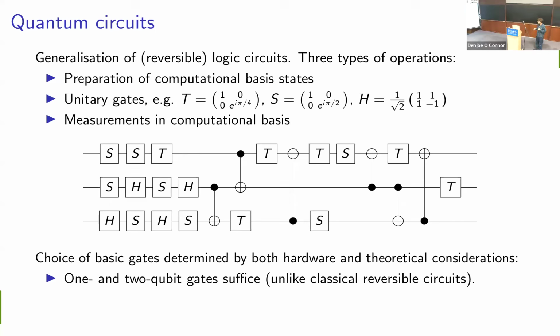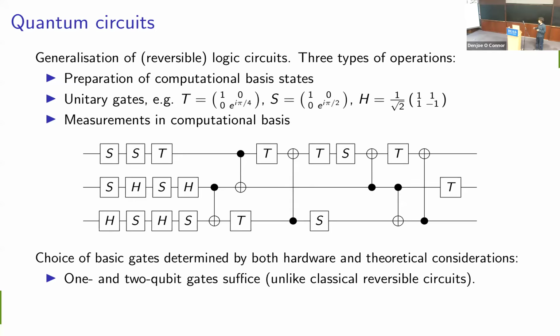Yes, so these controlled NOT gates are not symmetric in the 2 qubits that they act on. The idea is that where there's the full dot, that's the so-called control qubit. And the hollow dot is the target qubit. What it does is it flips the computational basis state of the target qubit if and only if the control qubit is in the state 1. So that's why it's called a controlled operation. It's controlled on the state of the first qubit, the control qubit, and then it applies this flip operation, this NOT operation, to the second qubit. Oh, thank you.